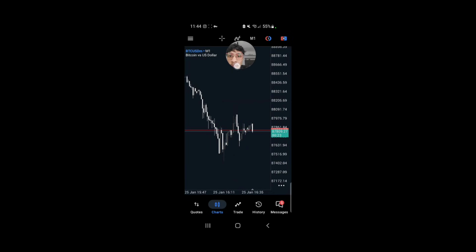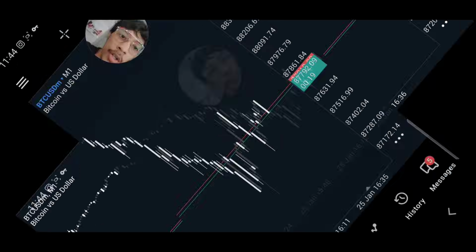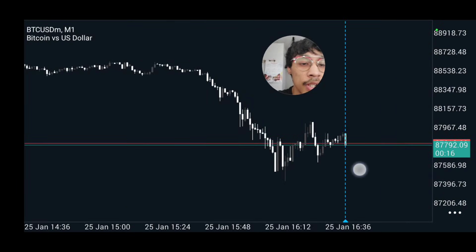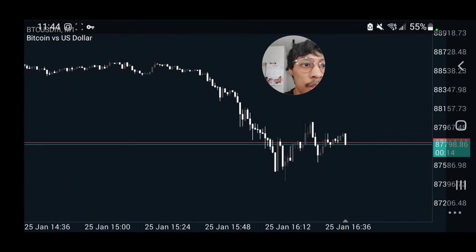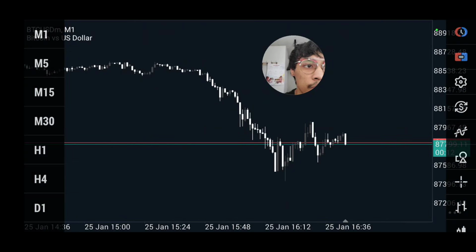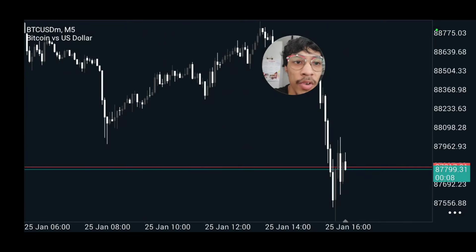So this is the market. We're on the 1 minute time frame, right? So this is what it looks like, guys. Market, 1 minute time frame, right? Now we can change the time frame by clicking 5 minutes,